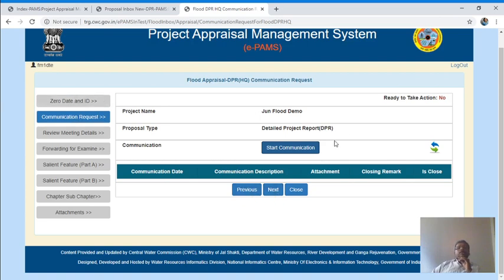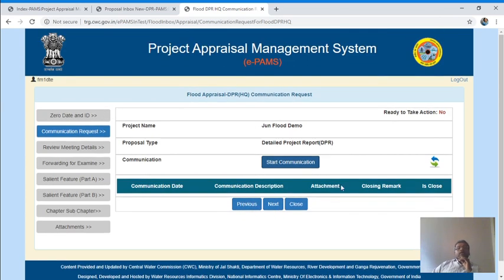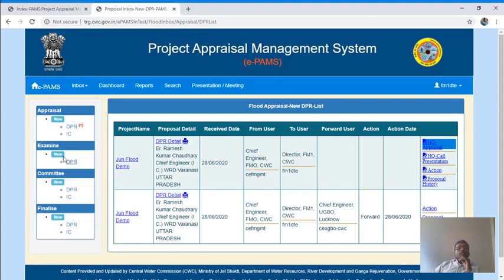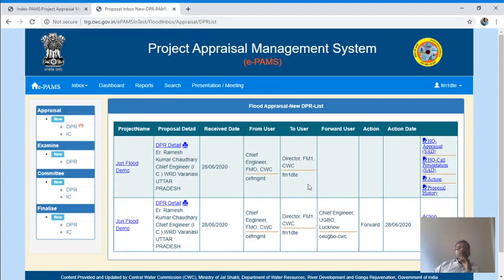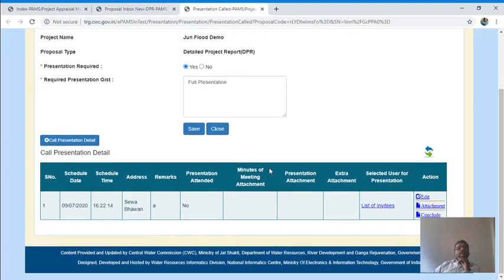Just suppose you do some work and leave it in between, come on another day, log in to the system, just come here, inbox, flood control. Here you can see that you have worked on something, SAD is there, means you have worked on something, it is not blank. Now suppose that person comes and gives the presentation.